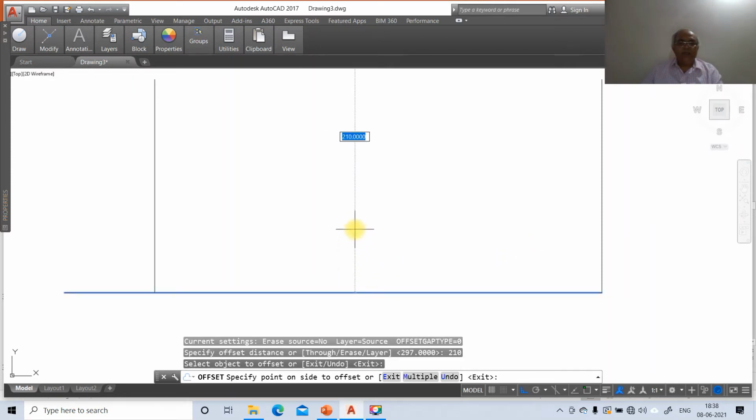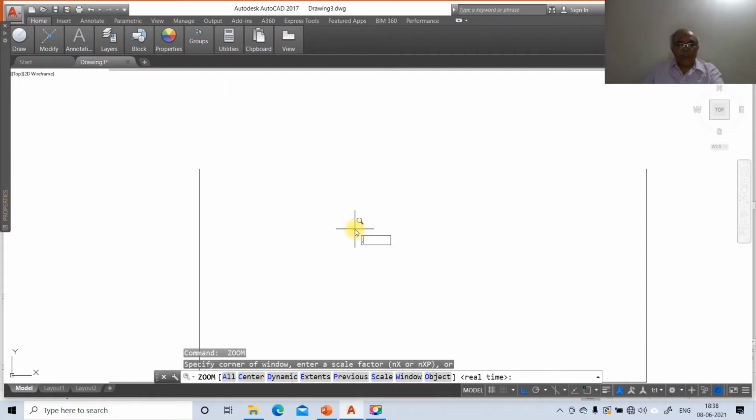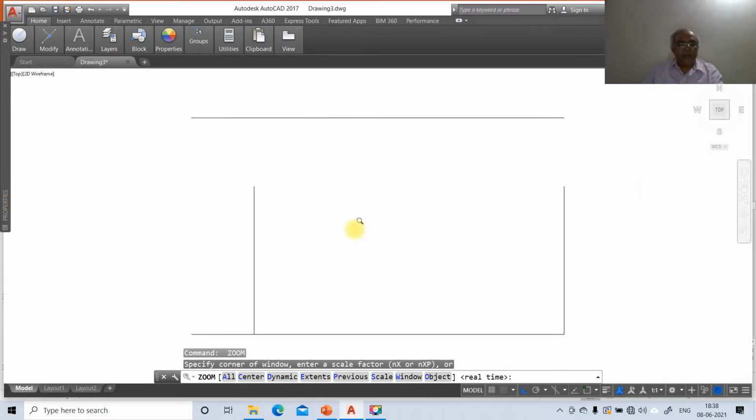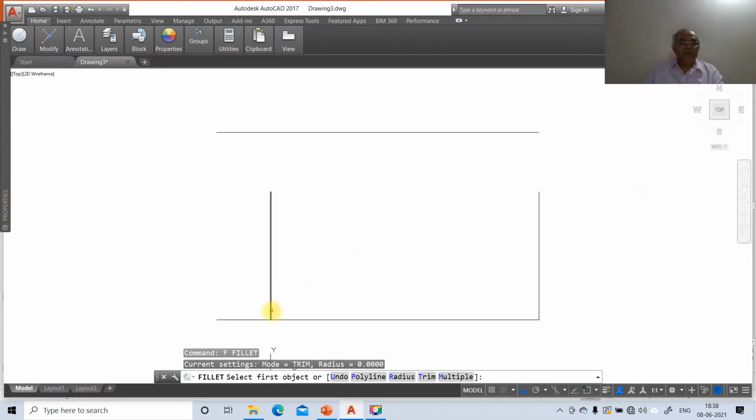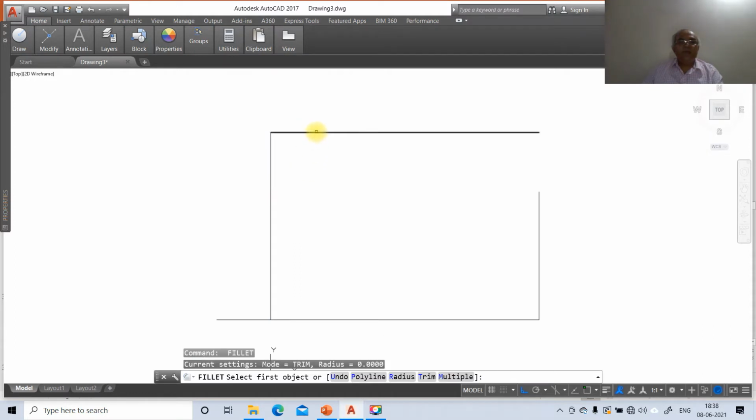Take the cursor to the top and click, and since by default it is exit, you just come out. Then go to zoom extents and then zoom 0.6x, then go to fillet between this vertical line and this horizontal line, and again from this horizontal line and this vertical line, and similarly from this vertical line and this horizontal line.